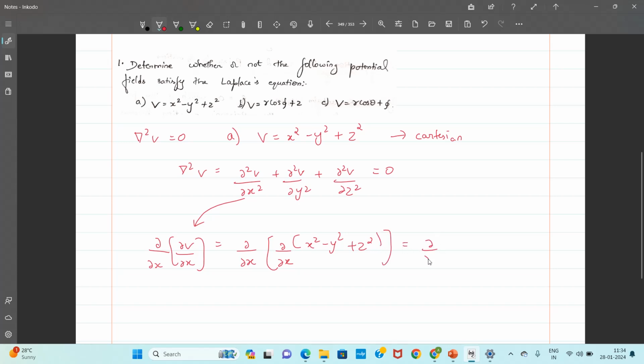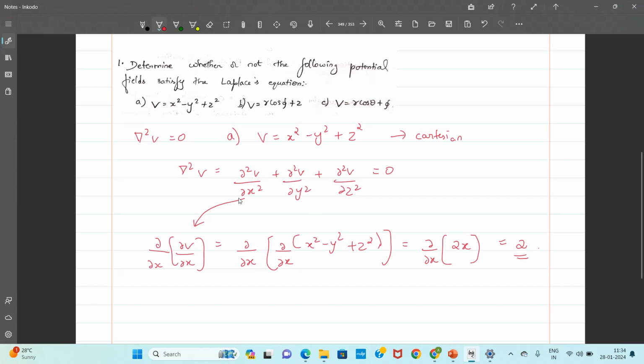Since you are doing partial differentiation with respect to x, all other terms are assumed to be constant. So the differentiation of x square with respect to x gives 2x, whereas the differentiation of y and z terms is going to be 0. You're doing partial differentiation, so the other two terms are taken as constant, and you get 0 for the remaining terms. Now again I have to perform the differentiation of 2x, which gives the answer as